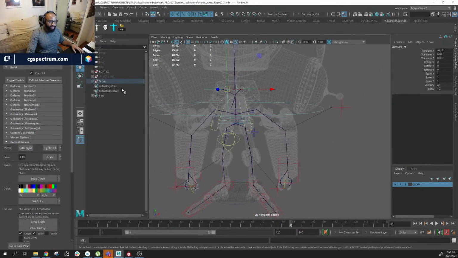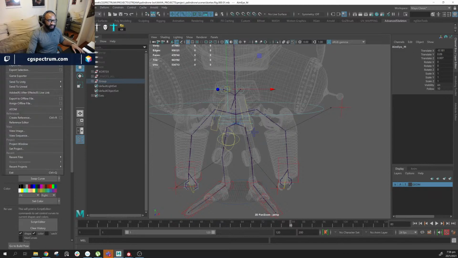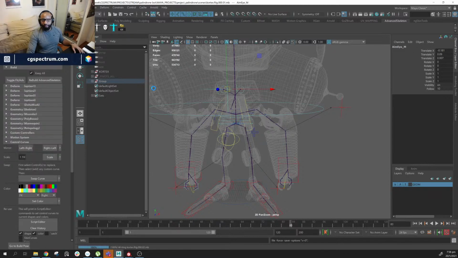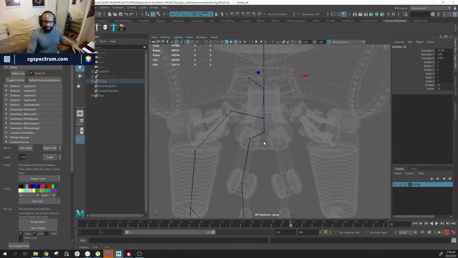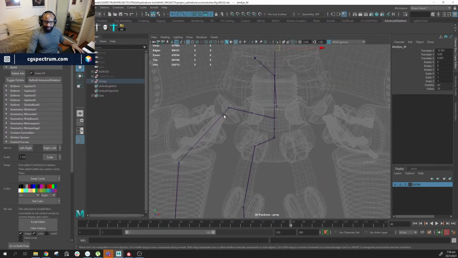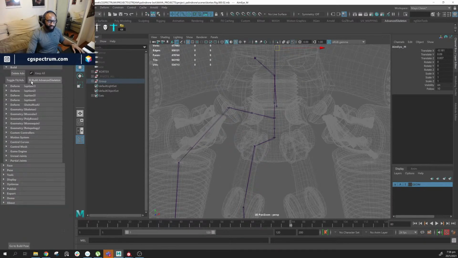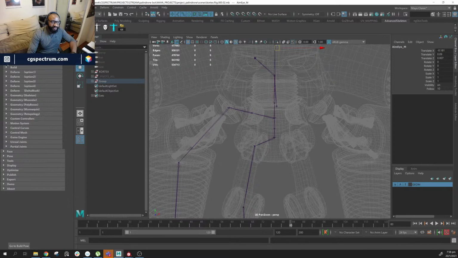So what I'm going to do is I'm going to say toggle fit advanced. Actually, I'm going to save this first. I'm going to save, increment and save. So I'm going to say toggle fit advanced. So that's going to bring back my fit skeleton. And so let's look at the attributes. So close down control curves, close down display, and we'll look at edit. So edit means you're editing your